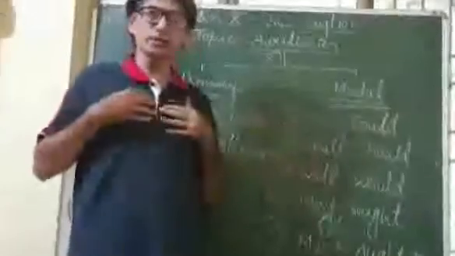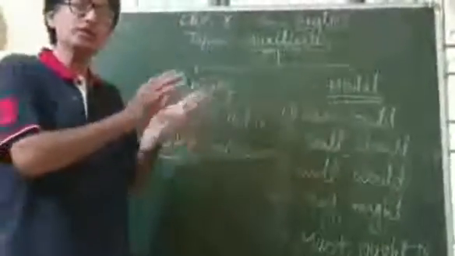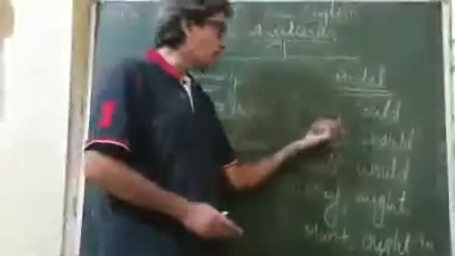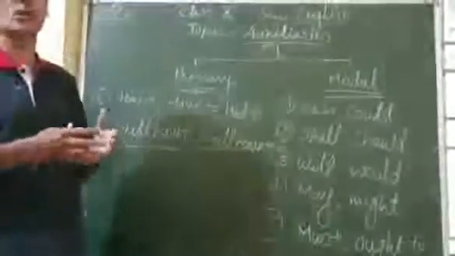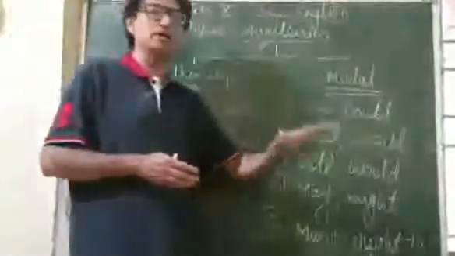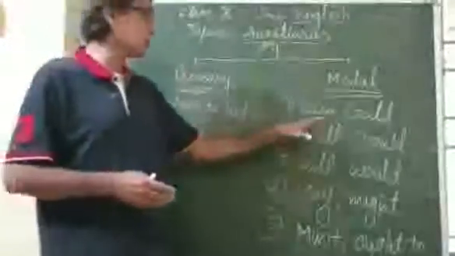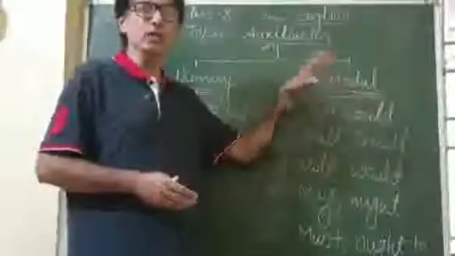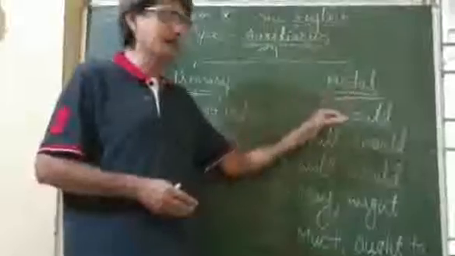Suppose someone asks, who will do this? Who wants to do this? Suppose one person says that I can do this. It means he or she is willing to do that work. So, these modals are used to show strength, capacity, capability of the doer, or on the other hand, they show the will, wish, or intention.